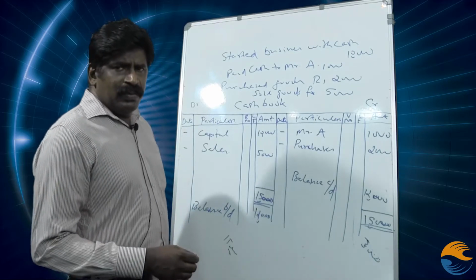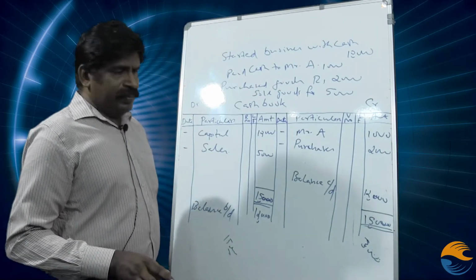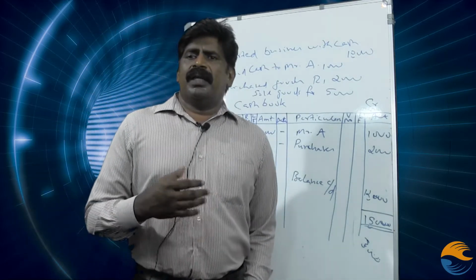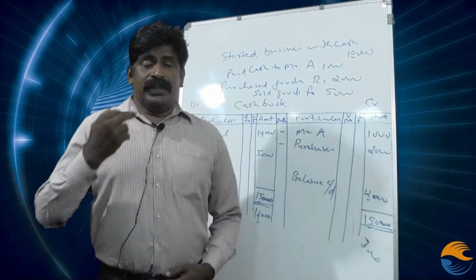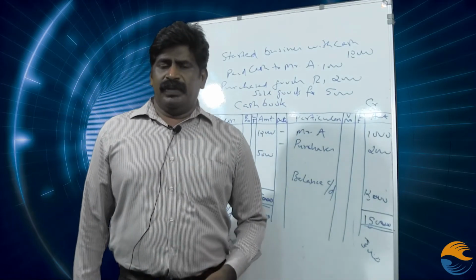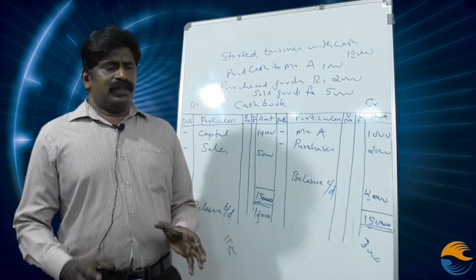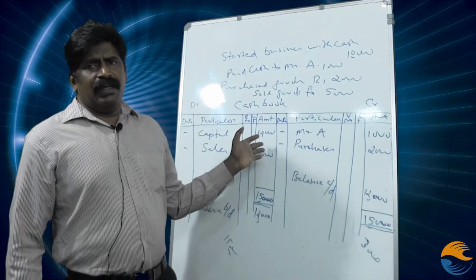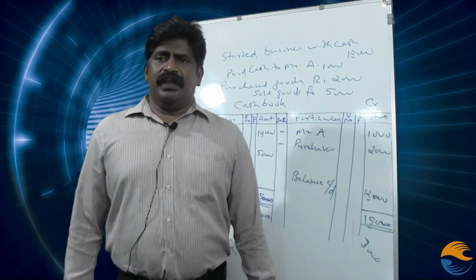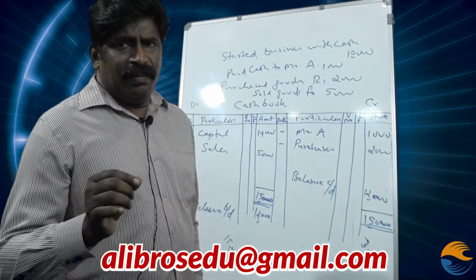This balancing process is applicable to all the accounts in the same manner. Now we have seen how we solved the balancing process of this cash book. This is applicable to all types of accounts. Okay, so this is all with the preparation of the single column cash book. In the single column cash book, all receipts should be shown on the debit side and all payments should be shown on the credit side. Then we will take the account balanced.